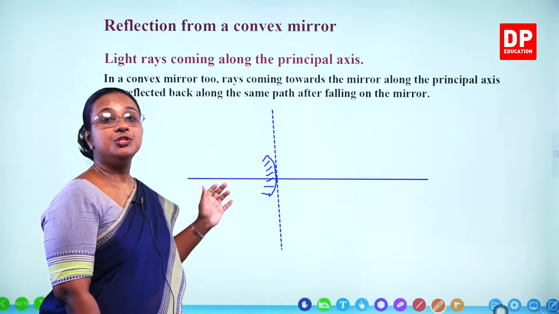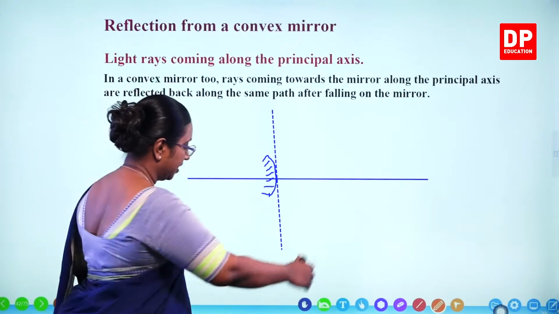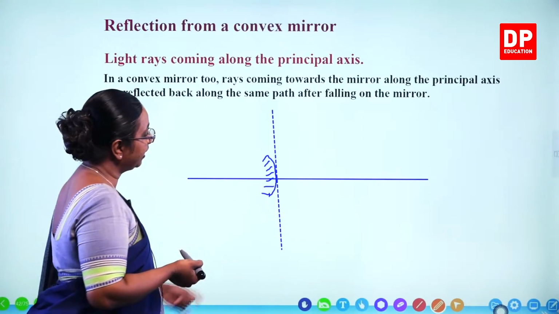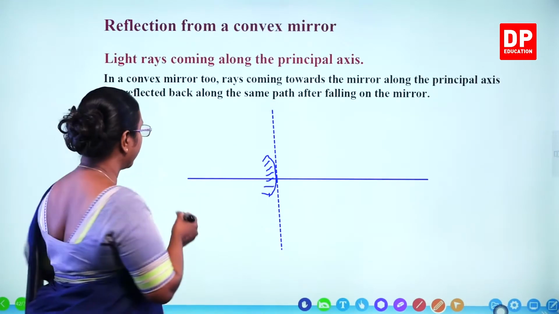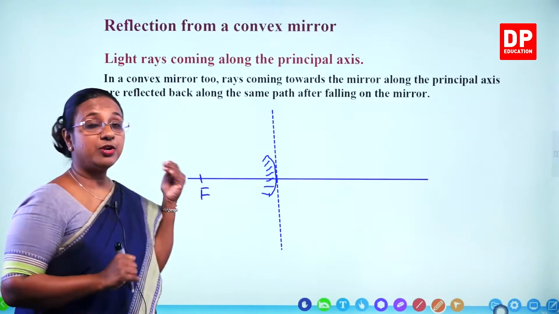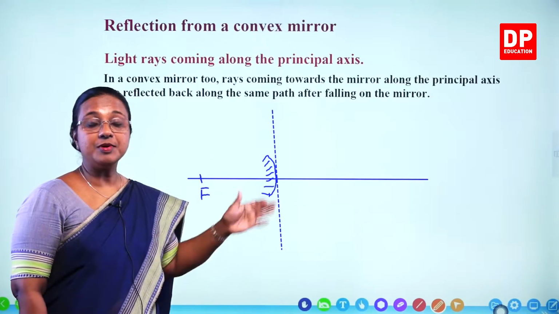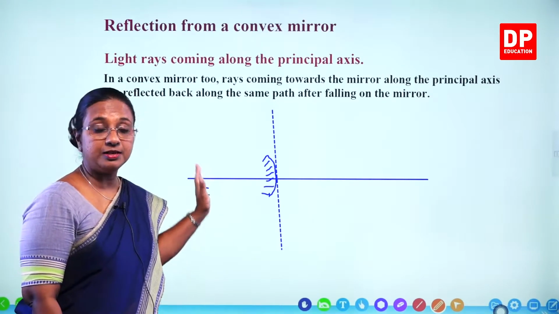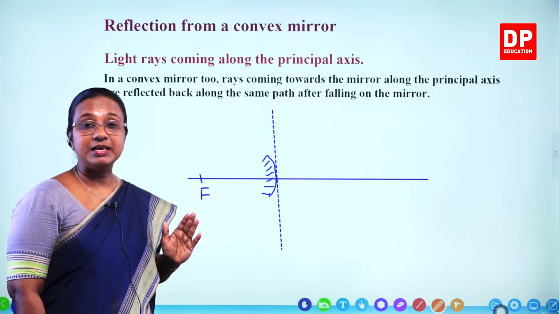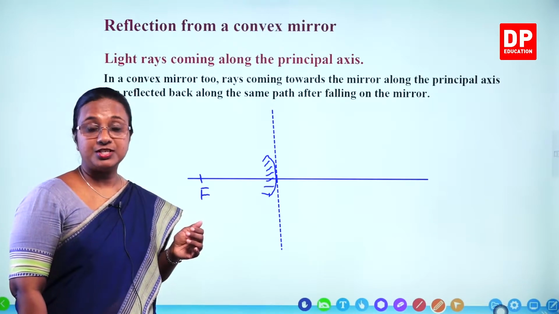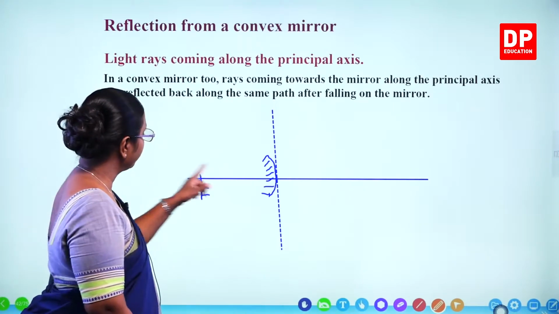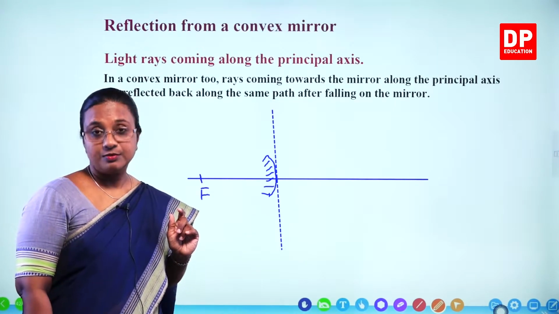So we need to show the focal point as well. So here if I just take the ruler, but for this ray it will not be diverging. So I will mark the focal point only at a certain point. But when you are drawing the proper ray diagram, you will need to take the correct measurement, mark the focal point, and twice the focal length will be the radius of curvature. That is point C, where you get the center of curvature. So you have to mark those according to values.